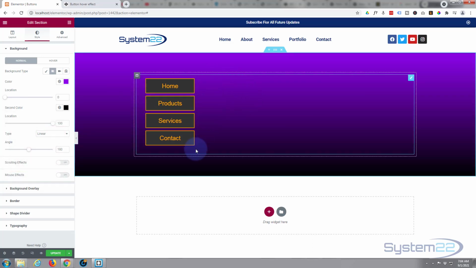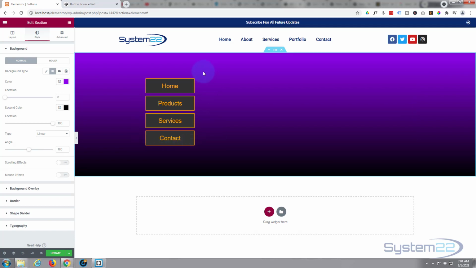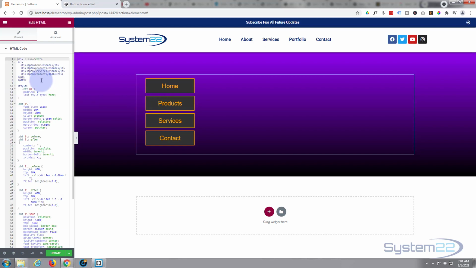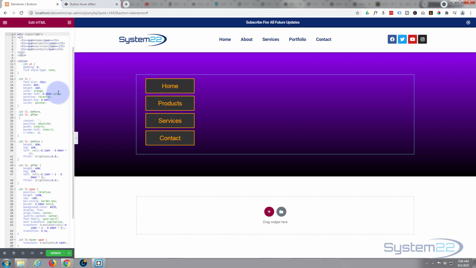Fantastic. Now we really want to make these our own with our own colors, unless you particularly like the orange and the dark gray there. That's entirely up to you. So let's click back on one of these and we'll go in here. If we roll down,